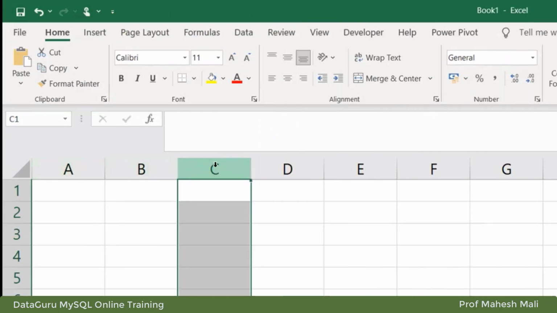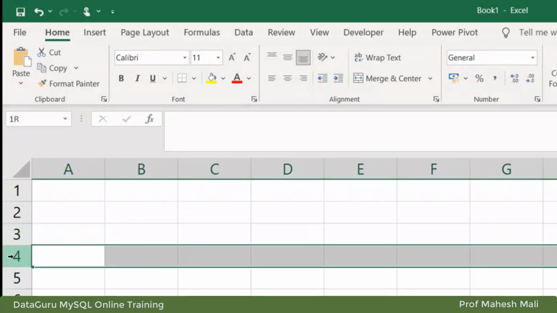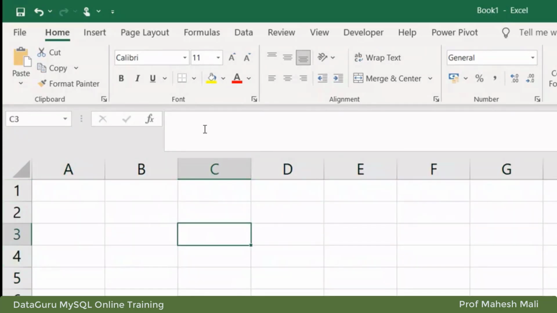See, the column names are nothing but A, B, C, D, and the row names are 1, 2, 3, 4. If I click on this particular cell, the name is written over here. You can go to this corner: C3, column name C, row name 3. If you want to give some other name, you can write here, this is my name. Okay, so you can change the name.